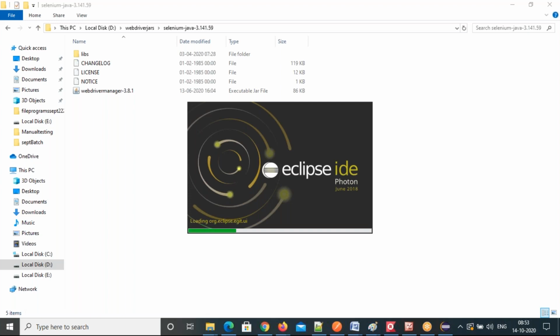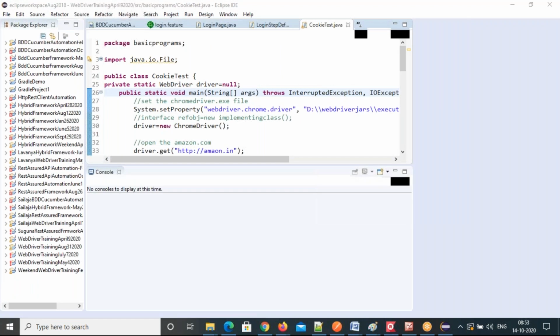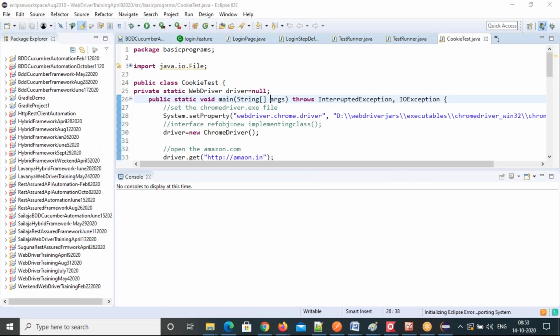WebDriver is one of the open source API codes. If you want to use its methods in your programs, you need to add the WebDriver jars. Then it will be easy for you to use that. Okay, let me create one WebDriver project.